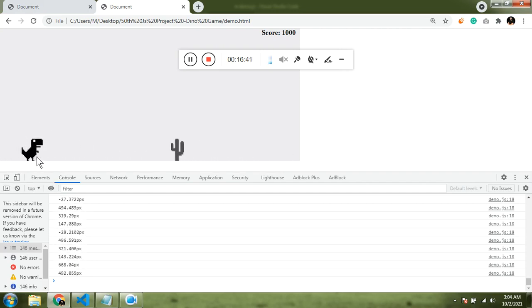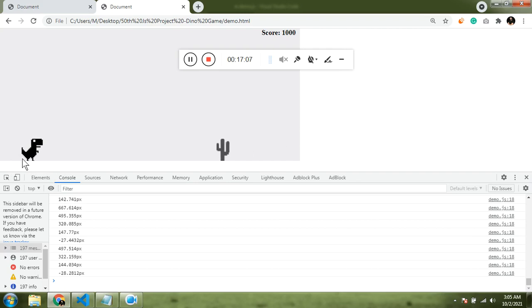if you focus on the two spots which I am highlighting, it is simply the left position of the dinosaur. We have already given the CSS of 50, so you can see this position is 50. So this is 0, this is 50, and starting from 50 is the width of the dinosaur.